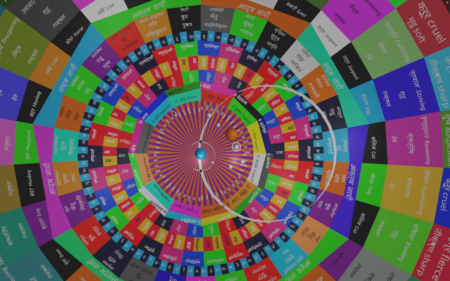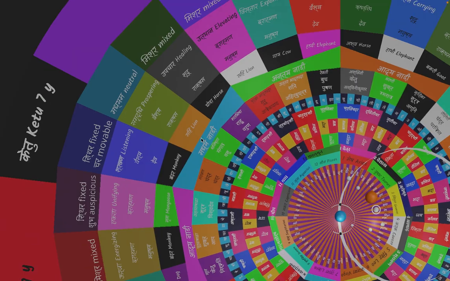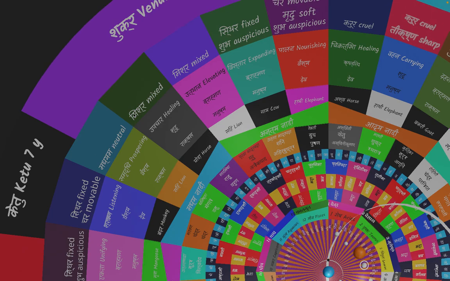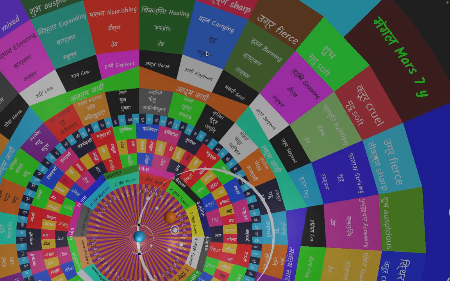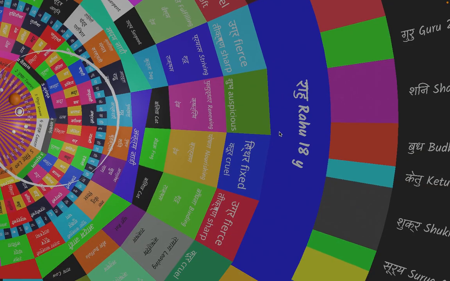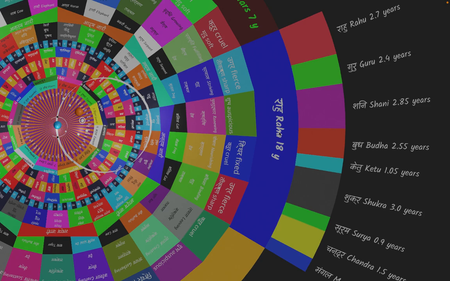Now after this Ketu Dasha, the next Dasha will be Shukra Dasha, which is very long, 20 years. Now within a Dasha, let me show you some more. Within a Dasha, we have the Antardashas. Here, within the Rahu Mahadasha, we have the Antardashas of all these 9 Grahas again.